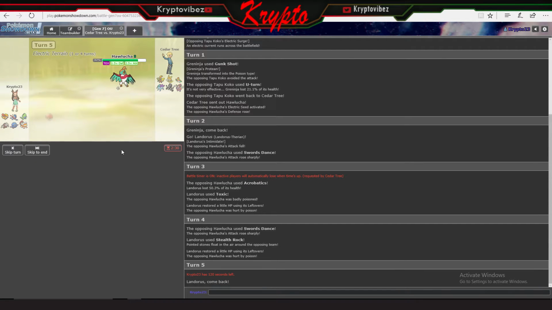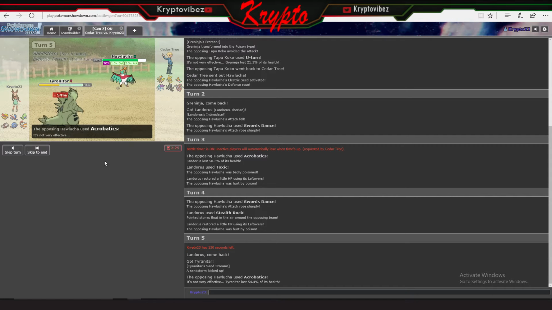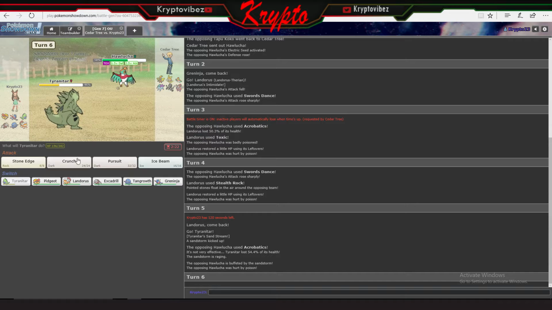Yeah, we'll go T-Tar. We have to try to stall out these turns. Dang, guys, I'm getting bodied these last few matches. My bad. Goes for Acrobatics, does a ton to us, as you can see. You can go ahead and click it again right here. But we do get the sand up, and at this point we do just have to stay in and click